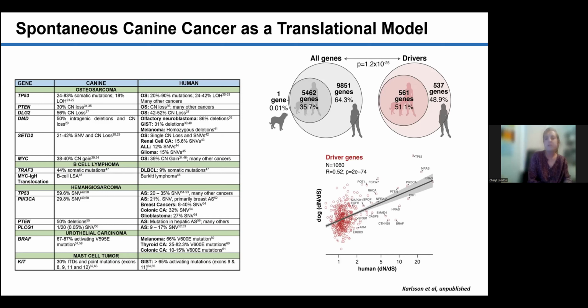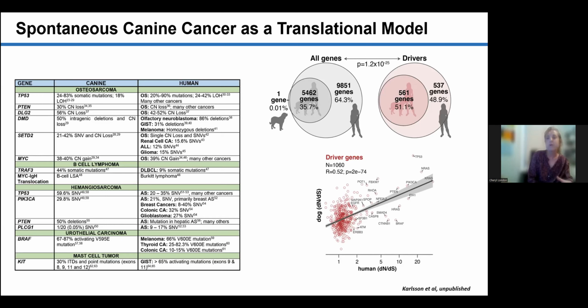And in another set of data generated by Dr. Elinor Karlsson's lab, they looked at a broad swath of published data that's now available regarding the genomic landscape of canine cancers and asked if they overlap with what's known about mutations in human cancers. If you look at all mutations, you can see that the overlap isn't as great as you would like.